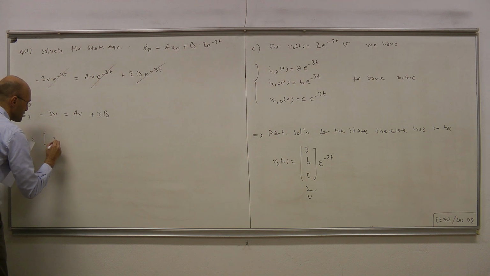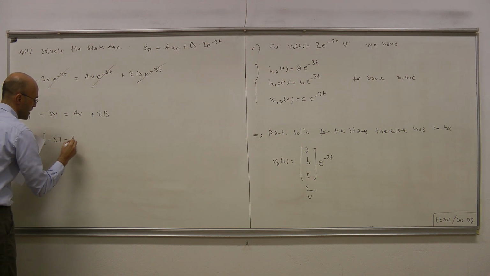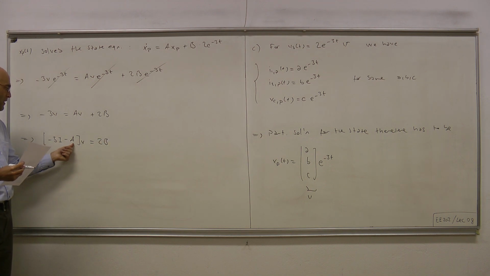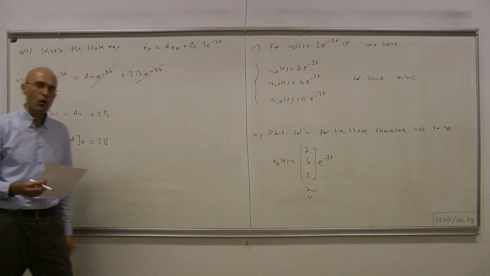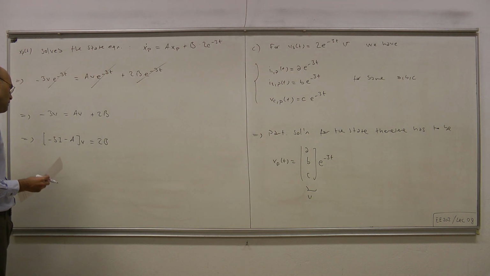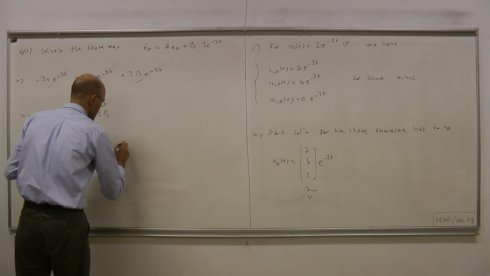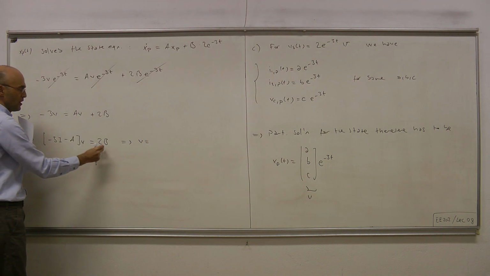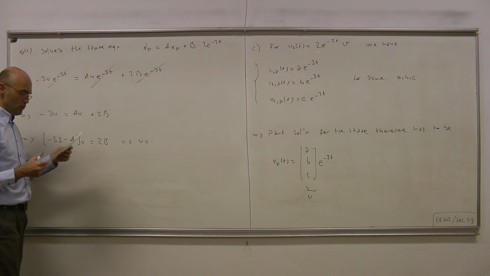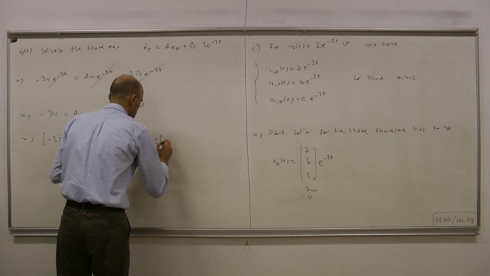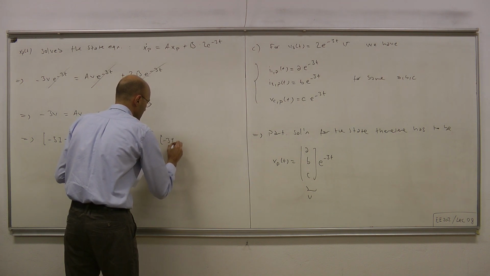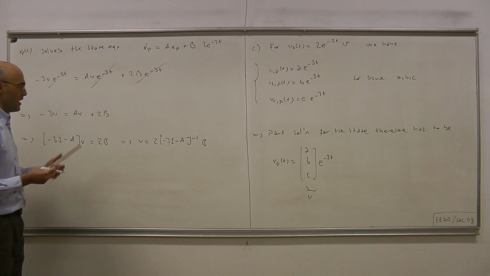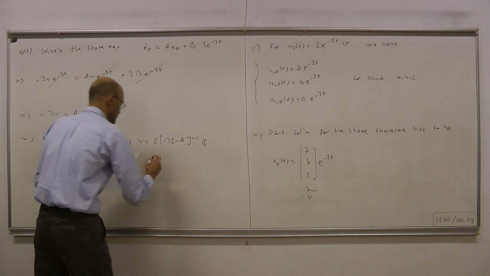We can write it as minus 3 identity minus A, times v, equals 2 times B. Note that this matrix A and this matrix B are known because we have just obtained the state equation. And then v simply equals the inverse of this matrix times 2B, that is, 2 times minus 3 identity minus A inverse times B. And this equals,